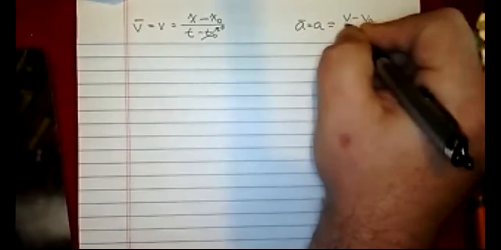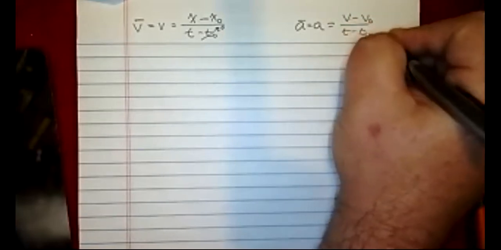Again, like we almost always do in physics, we assume the initial time is 0. When I go to attack the acceleration, we're going to use the average acceleration formula, which in our case we're going to assume is a constant acceleration. So I'll just say a is equal to a bar. That means the actual acceleration is the same thing as a constant acceleration. It's not exactly true, but it's okay. So that turns out to be v minus v initial, that's v final minus v initial, over t minus t0,